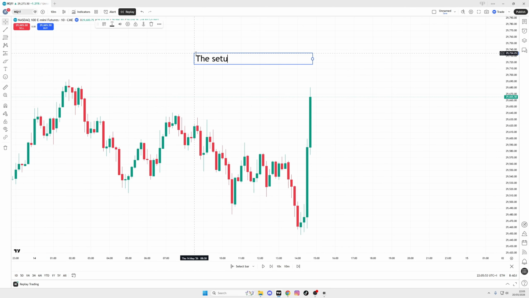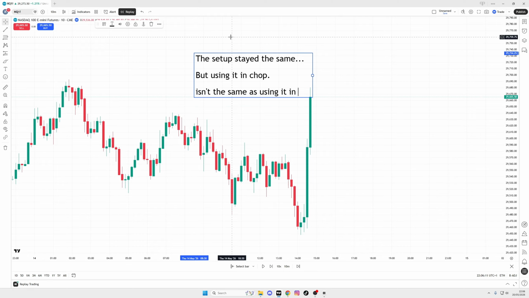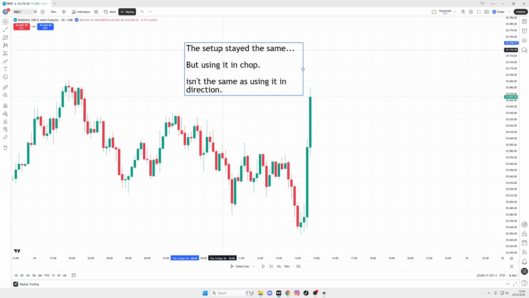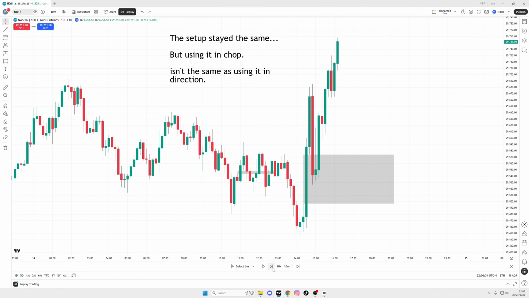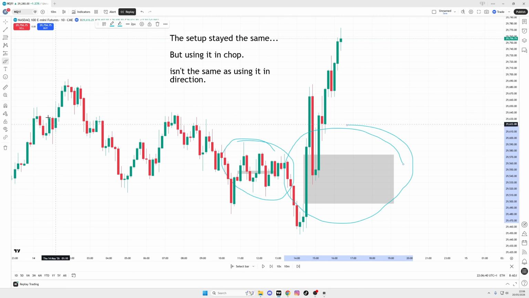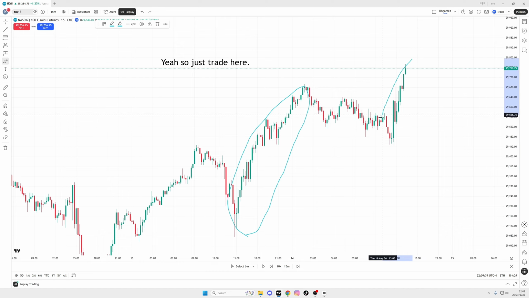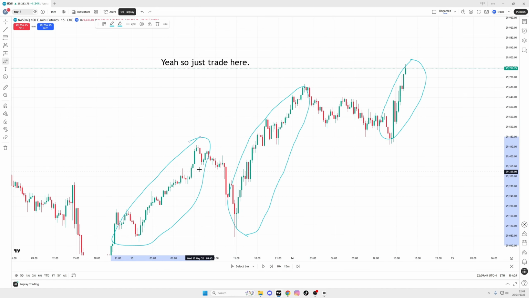You see, nothing about the setup changed. The only thing that was different was the type of price action it was used in. And once you see this, something becomes very difficult to ignore. The setup only performed well when it was aligned with price action that supported it, not because the setup itself creates the edge. Now, most traders would hear this and say, well, obviously, you just need to trade the conditions